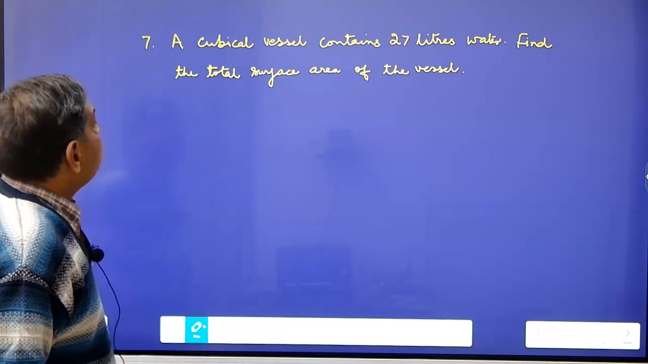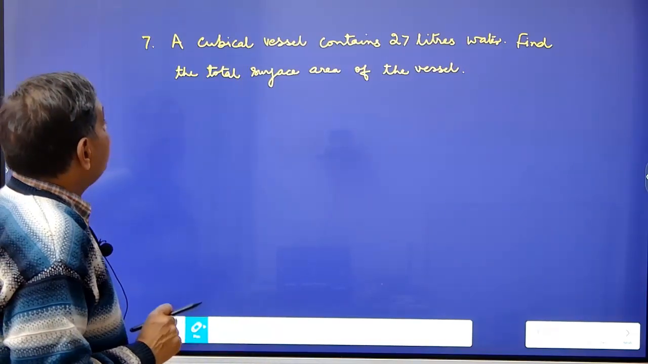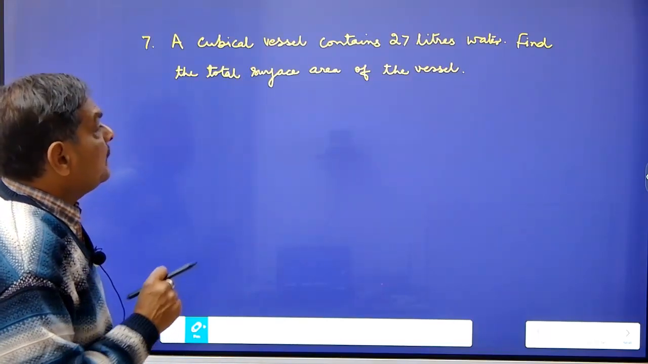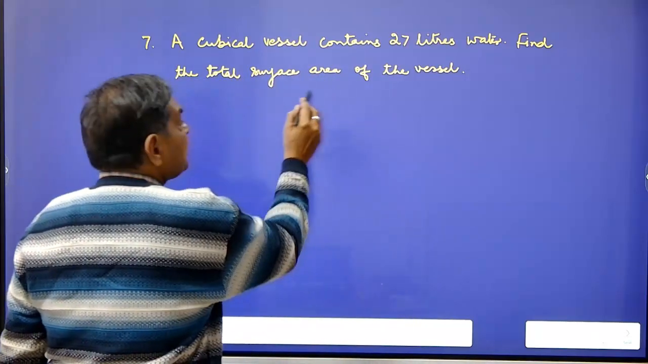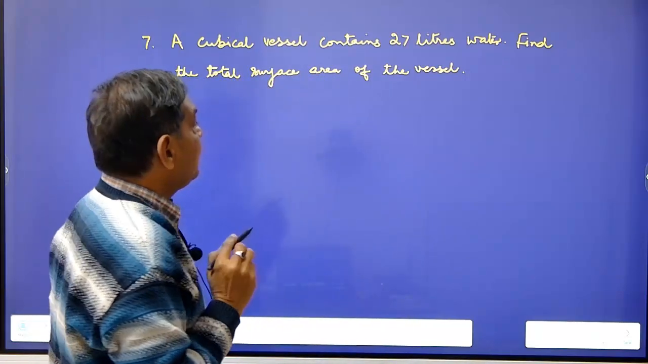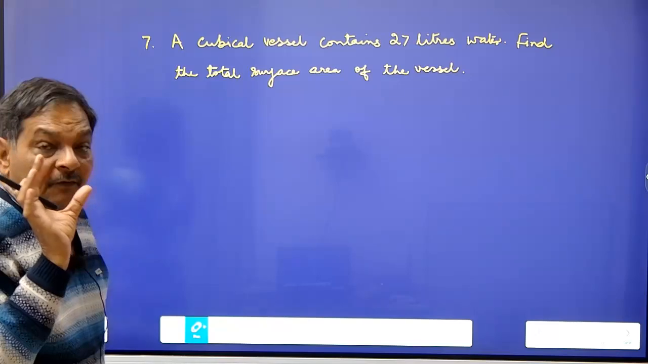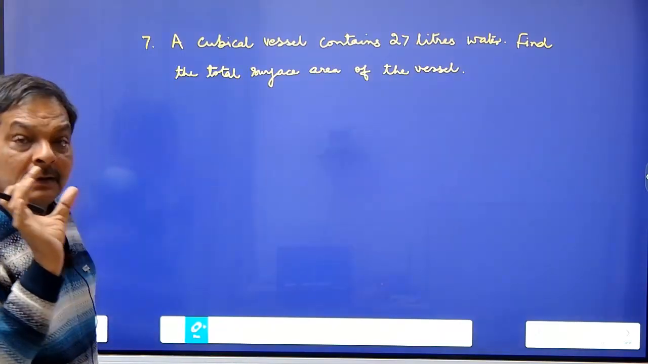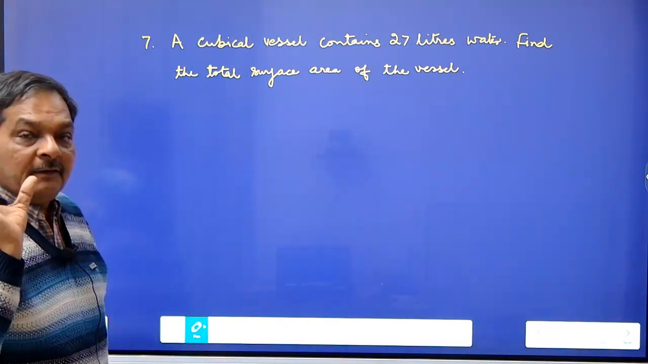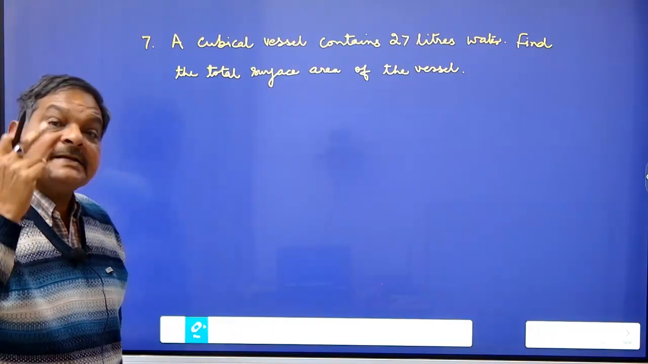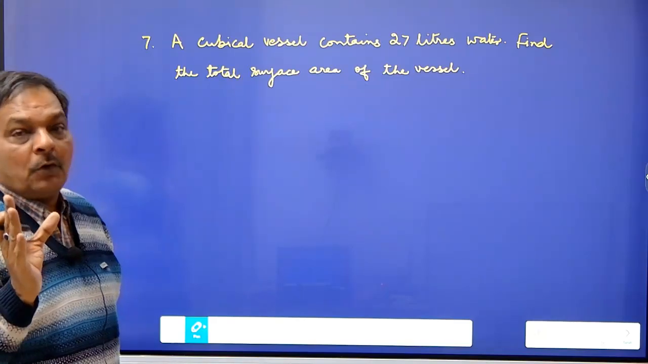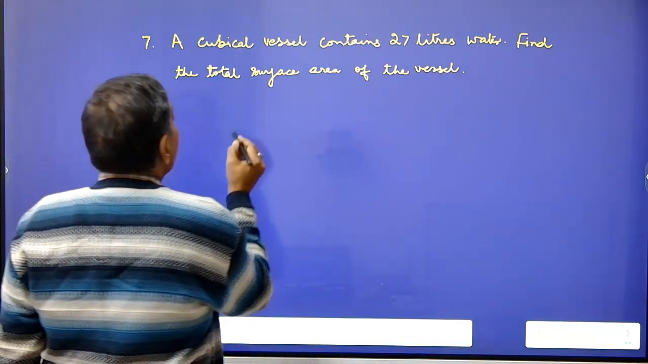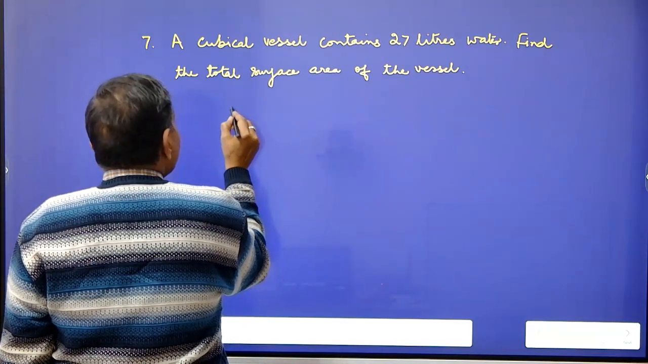Next question, seventh question. A cubical vessel contains 27 liters of water. Find the total surface area of the vessel. We know that for a cubical vessel, the formula for volume is A cube, where A is equal to one edge of the cube. So, the volume